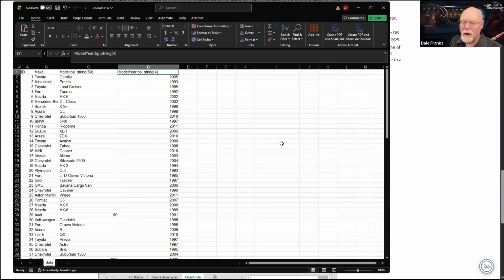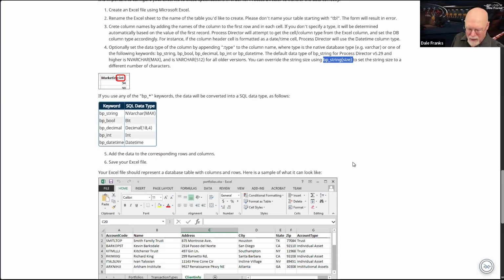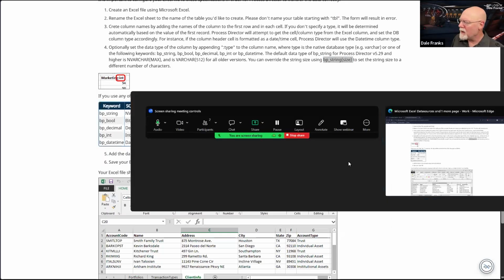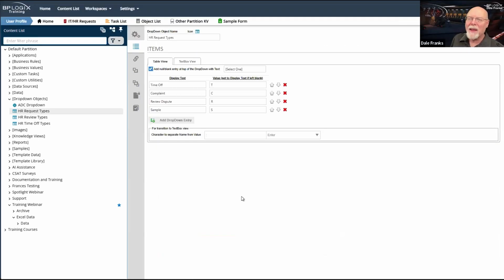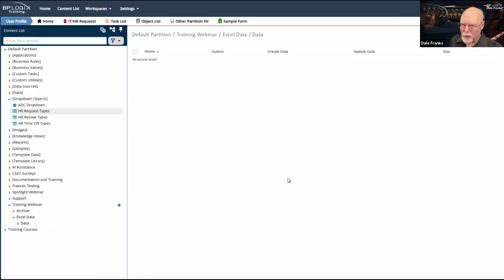These are very useful to do. So what we're going to do is we're going to pull these 2 items into our internal user database in Process Director because we have the data. Now we want to pull that data into Process Director. So I'm going to go ahead and save this Excel file, and then we're going to go to did I already close our animals file? It looks like I did. Okay, well then fine. It's closed. So now we can go back in to Process Director and we can pull our data.